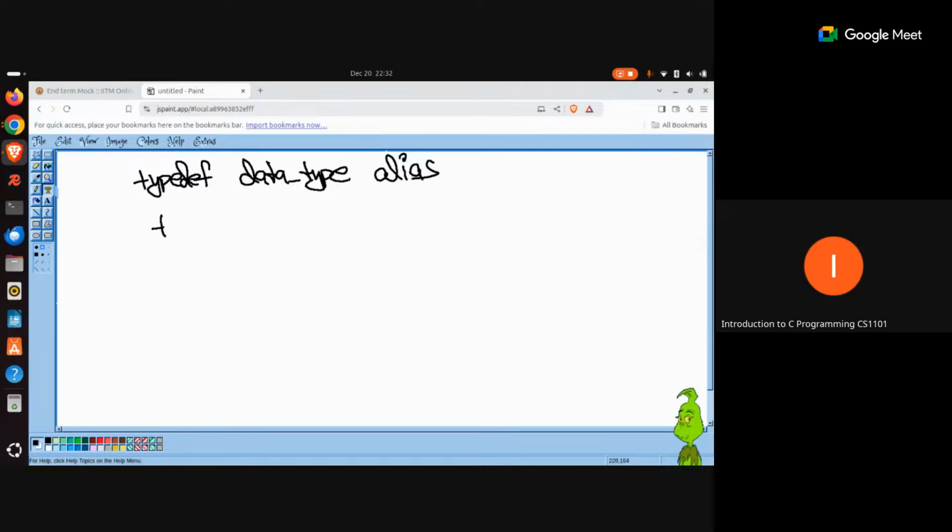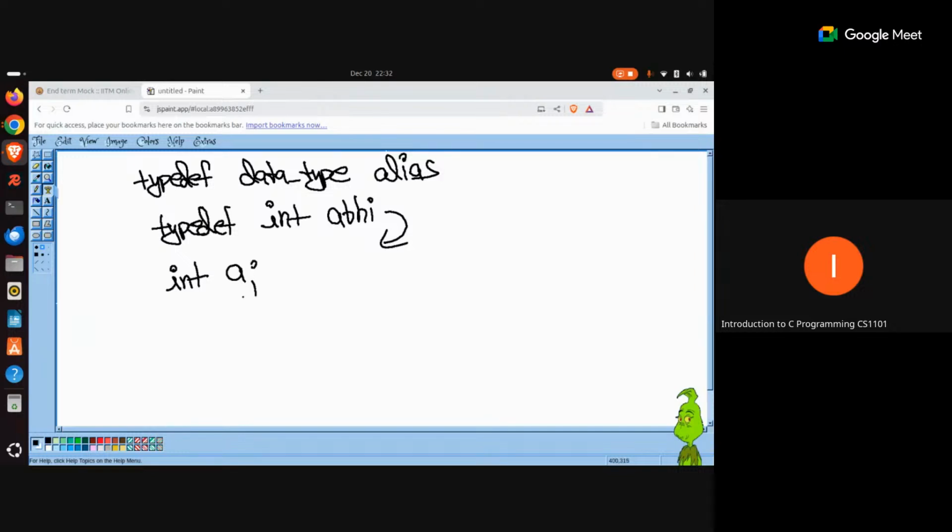So the example is typedef, and let's say you specify int here, and you write, say, abhi, just as an example. Now what will happen is that from the next moment, the moment you have written this code, if you wanted to create an integer value, you could have written int a.